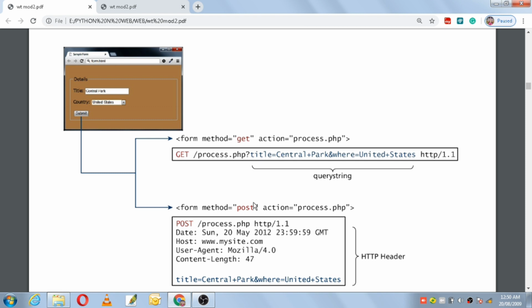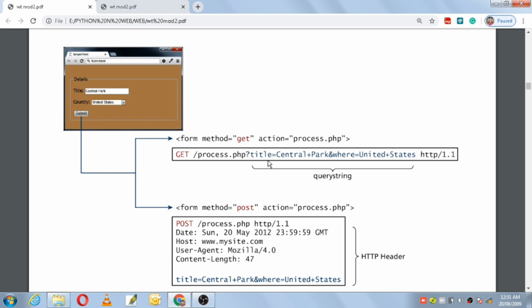If you are using the get method, the browser locates the data in the URL of the request itself. Where the browser will store it is in the URL of the request itself. So you can see here, this is the URL. It is not hidden anywhere. Directly in the URL of the request itself, the query string is stored. Here you have an example: form method is equals to get, action is equals to process.php. So this is the URL of the HTTP request. What is the first thing here in the URL? You have the get method, then next is followed by process.php.